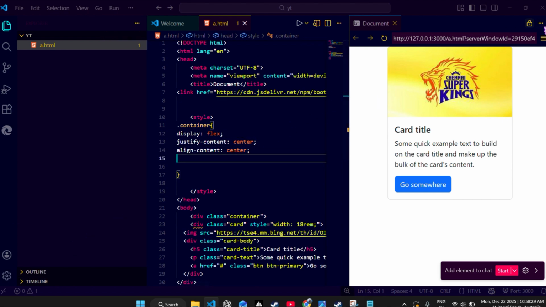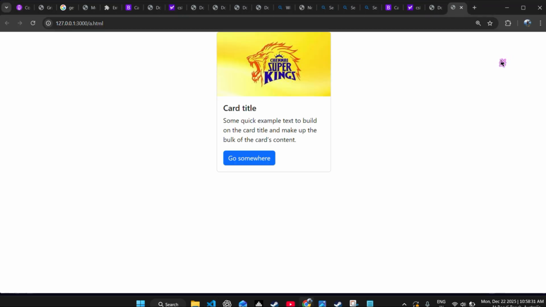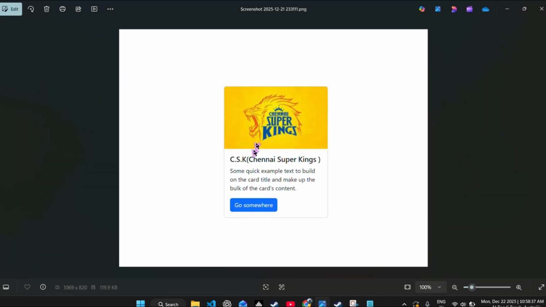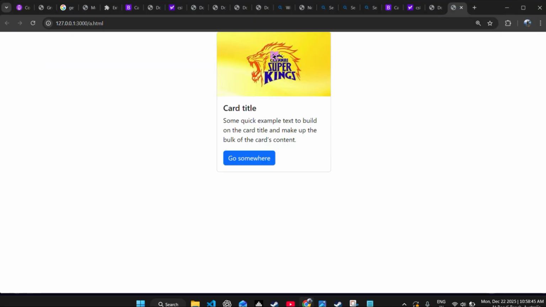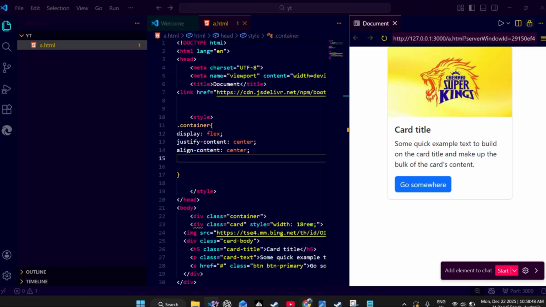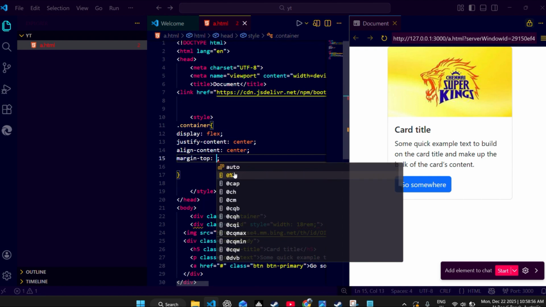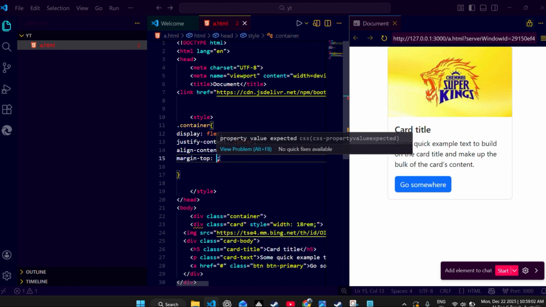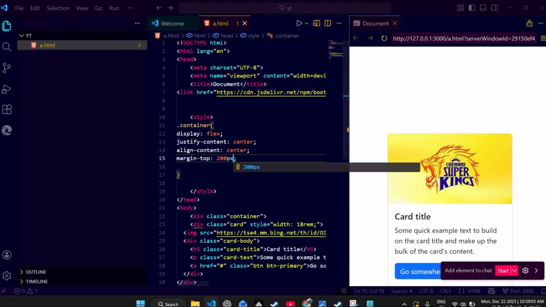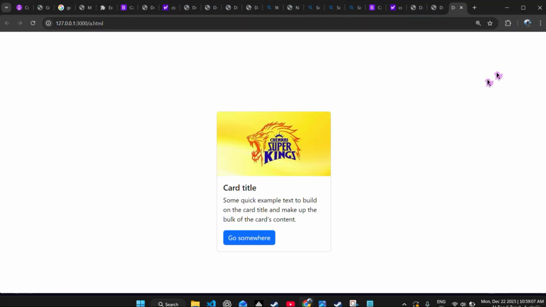But I think it is not at the center of the page. Yeah, because here you can see that जो हमको बनाना था वो एकदम एग्जैक्ट बीच में है हमारे ब्राउज़र के, बट जो हमारा अभी बना है ये स्लाइटली थोड़ा ऊपर है। इसको थोड़ा नीचे लाने के लिए हम अगेन बहुत सारे फॉर्मेट्स हैं, बट मैं प्रेफर जो करता हूँ वो मार्जिन है, मार्जिन टॉप, और इसको हम यहाँ पे 200 पिक्सल ले लेंगे। और नाउ आप देख सकते हैं कि हमारा सेम वही बन गया है कार्ड जो हमको बनाना था।